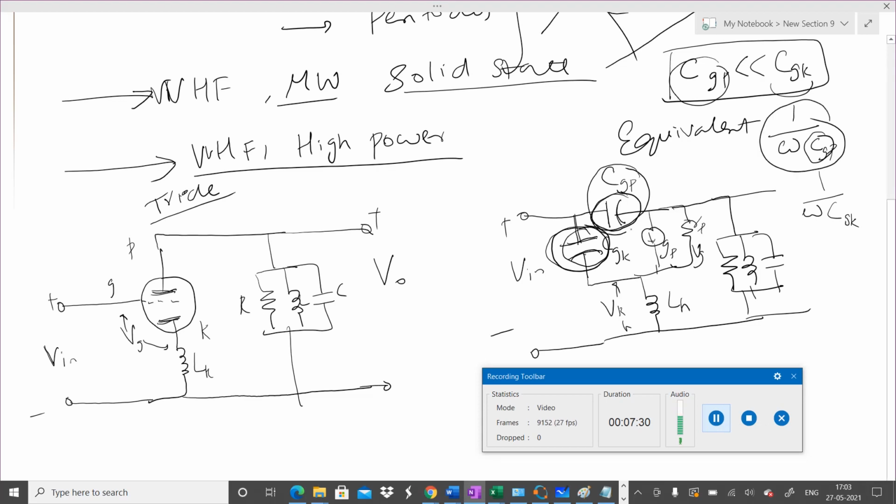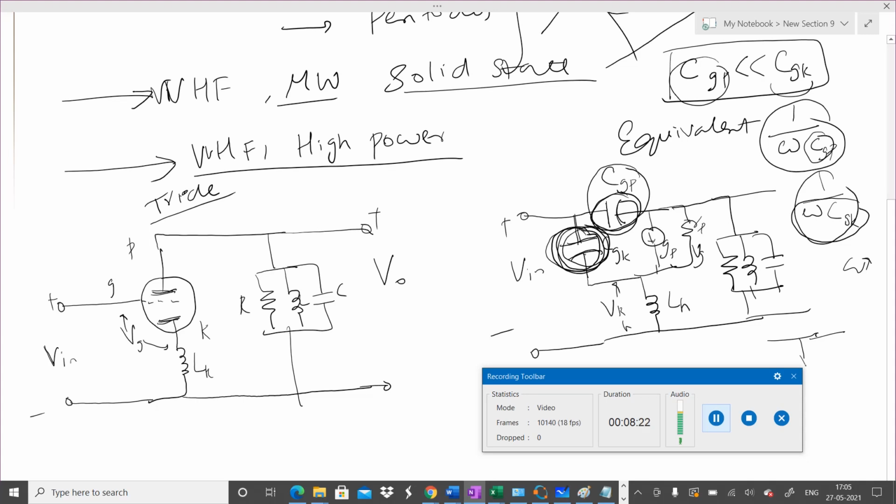It means this impedance, when it is very high, will be blocked, and this impedance will be low. This corresponds to this capacitance, so it will be a short circuit. So what will happen at high frequencies? The impedances become zero as omega increases. So both of the points will become short circuit points, and the process of amplification will fail